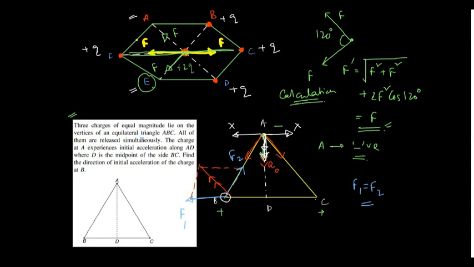I repeat once again that since it is given initially that A is moving in the downward direction, by means of the vector method I can easily figure out that indeed the charge of A is attracted. If it were not attracted, it would have moved in the other direction, and then A would be positive. Since it is coming downward, it is negative, and since B and C are positive, B is repelled by C in the leftward direction, and B is attracted by A in this direction. If I join them by the parallelogram law, this is the direction in which B will accelerate. Okay, fine.